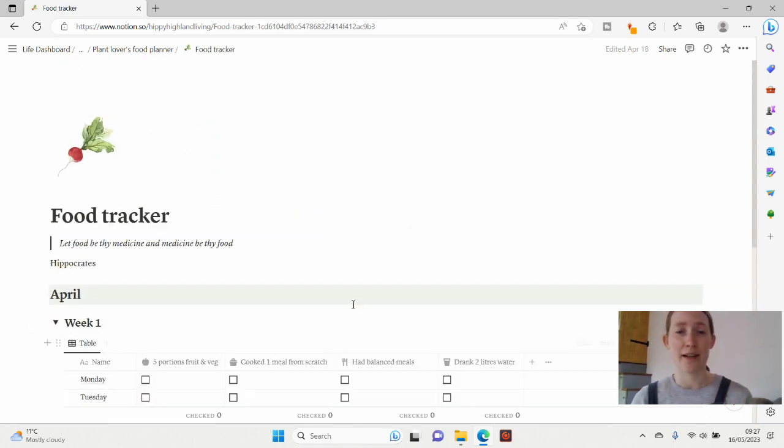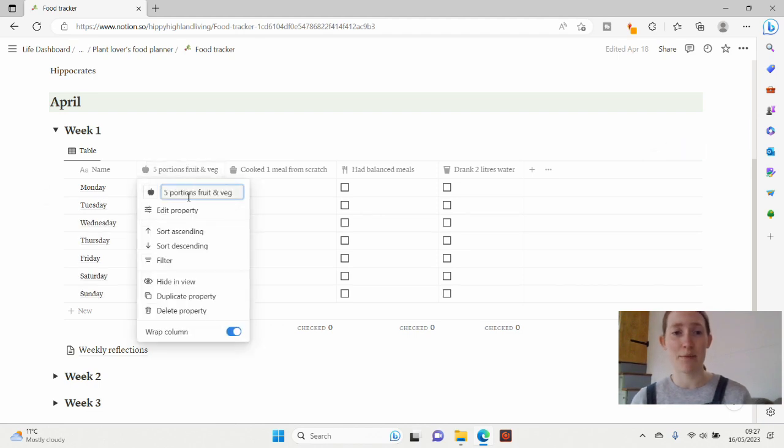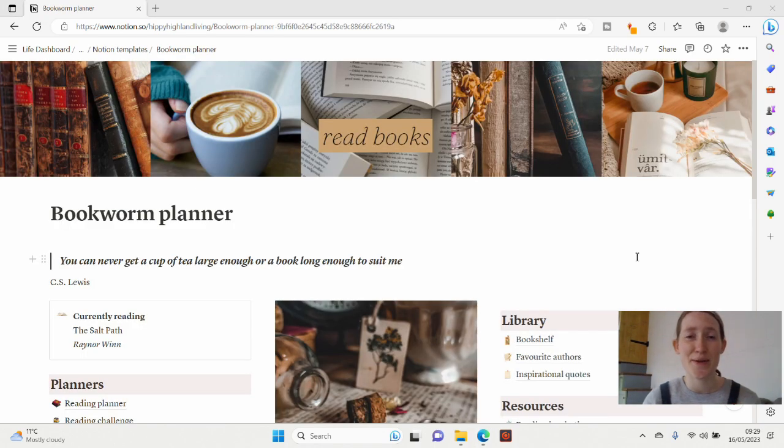And then I've created a food tracker. This is similar to your habit tracker in the Slow Life Planner. So again, it's a little table for you guys here, and it has the days of the week, and it also has suggestions of the sort of things you might want to track, and you can just tick them on and off. Again, you just change these by clicking on the header and typing in something else, or deleting it if you prefer. And this is the final planner at the moment anyway that I've created for you guys.